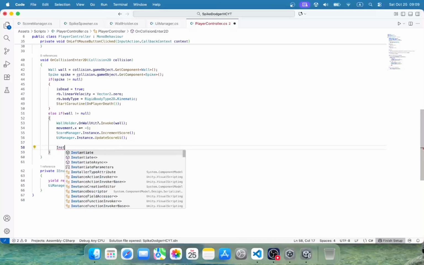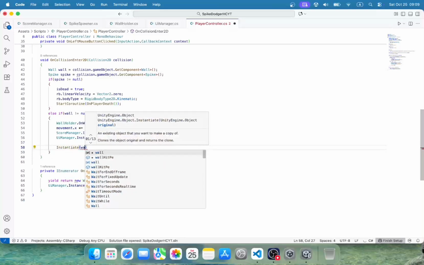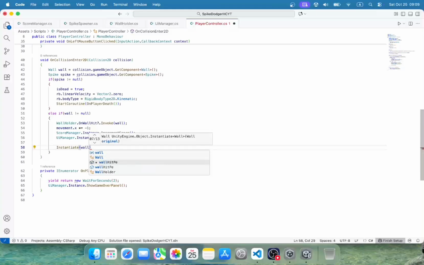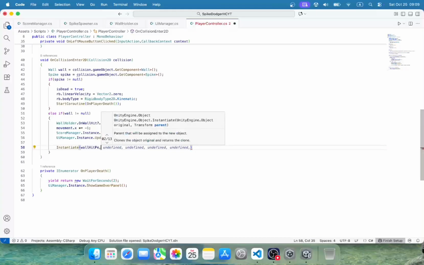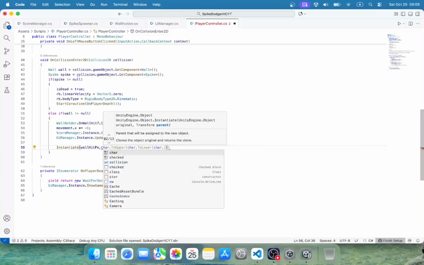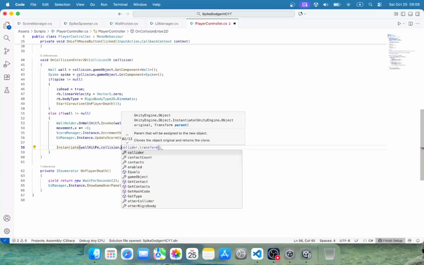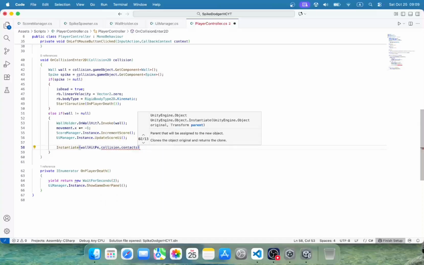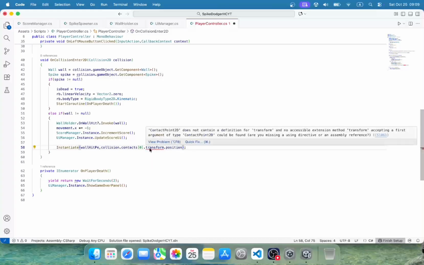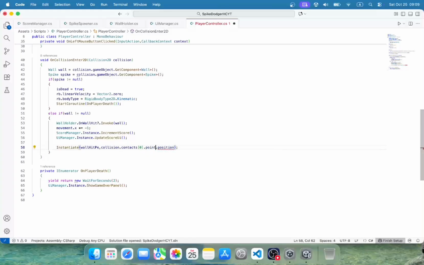Instantiate wall hit particle effect at the collision dot contacts of 0 dot transform dot position. It should be point. So basically instantiate this at the collision point, and its rotation is going to be, if